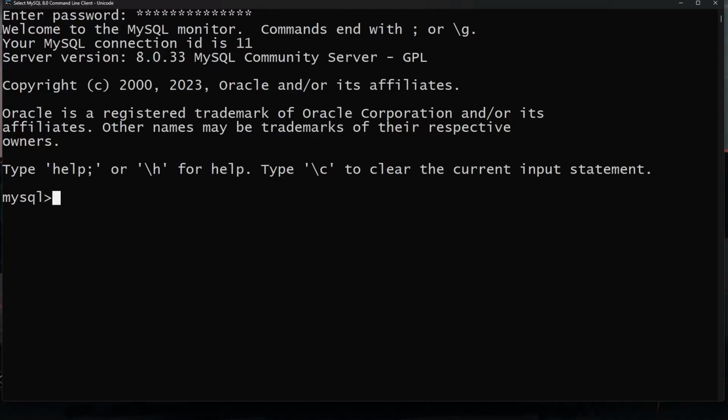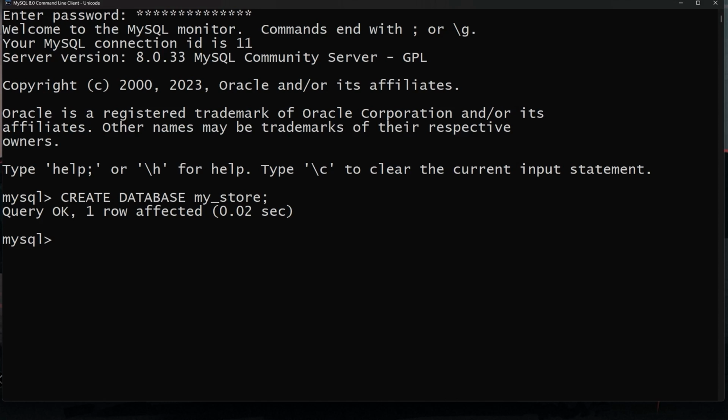Okay, now let's create our first table. We write SHOW DATABASES. Actually, let's make a new database. CREATE DATABASE my_store. Then we need to switch to the my_store database using USE my_store. And now we can start creating our table. So we put down CREATE TABLE